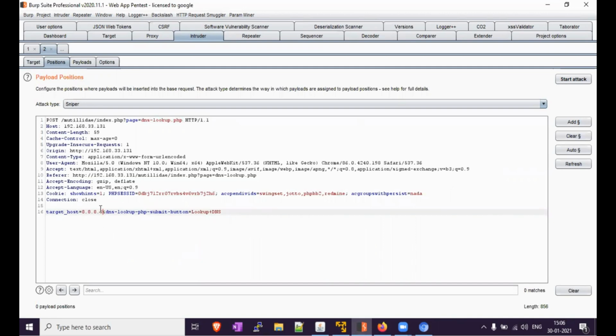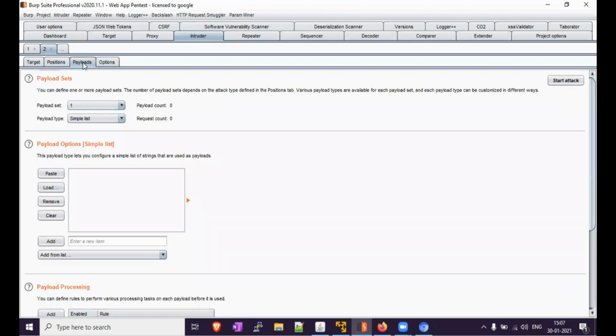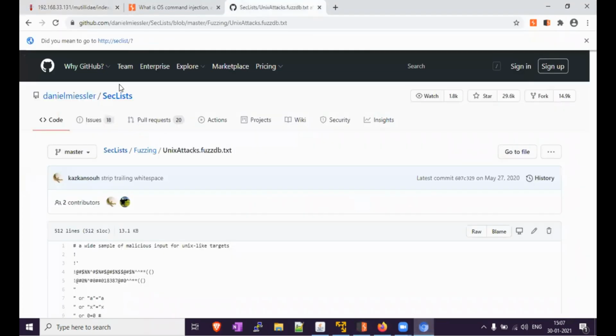here we have performed the lookup against the global DNS server, but we can use a local IP address for lookup, or just add one more parameter. So for example, we just enter something like that, and we can add the payload here. Okay, now for the payload we have to use the simple list, but you can check out the checklist on GitHub.